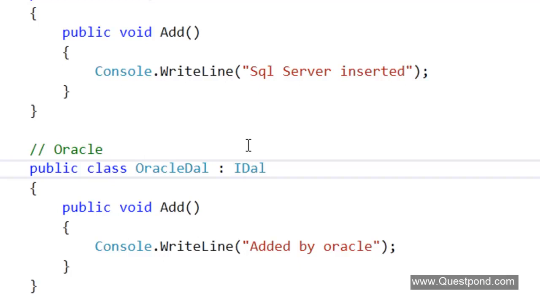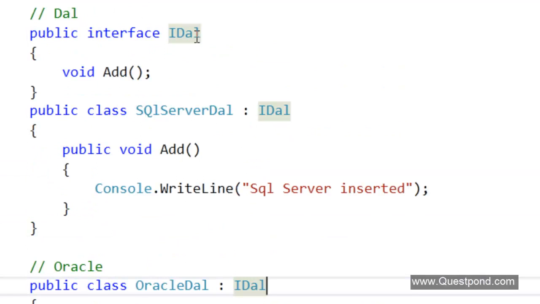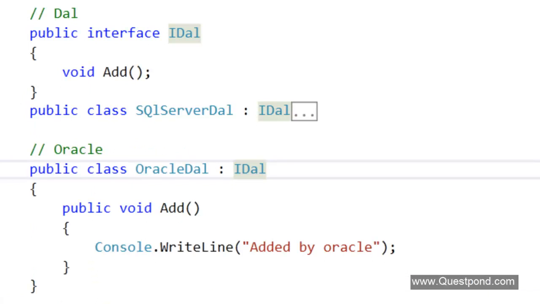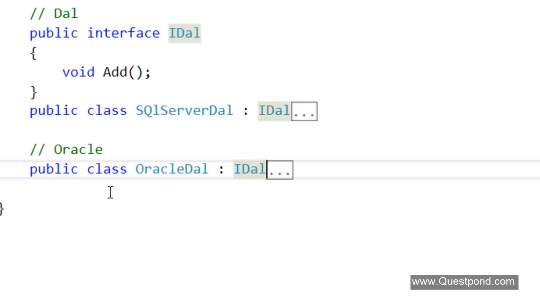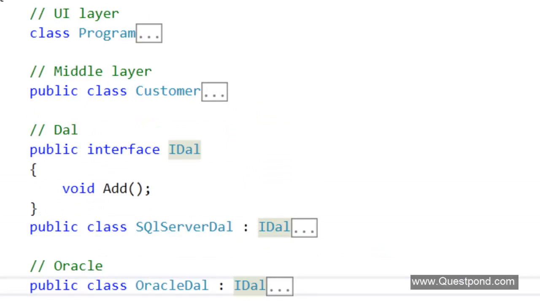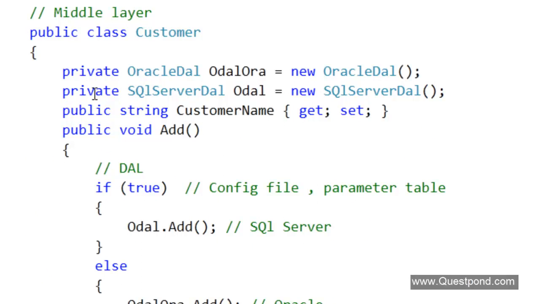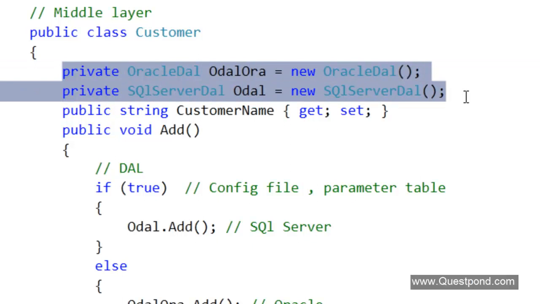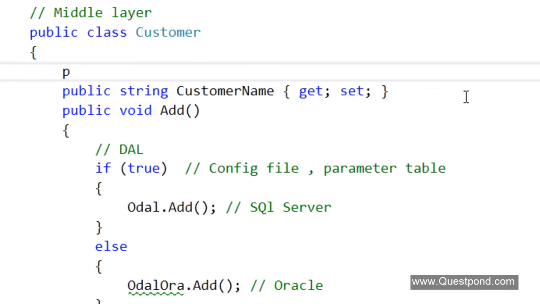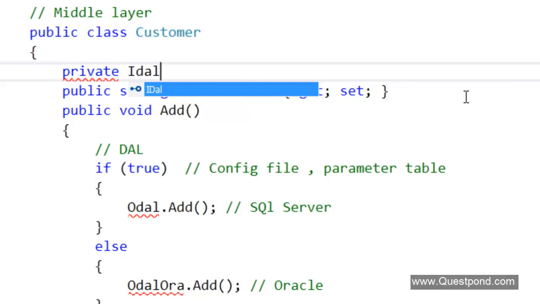Okay, so you can see that I have created a very simple interface here, data access layer, which can point, by virtue of polymorphism, to either the SQL Server data access layer or the Oracle data access layer, right? So now that would really minimize my code here. In other words, I only have to point towards data access layer, right?